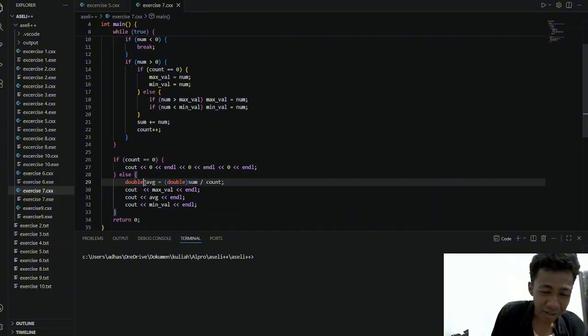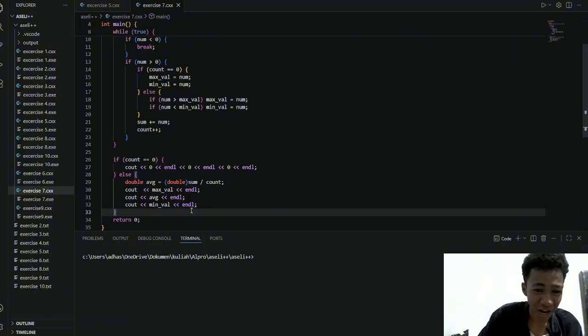We use the double type of data, and here is how we calculate the average. We need the value of the sum divided by the value of count. After that, we just need to display it by using the cout statement.